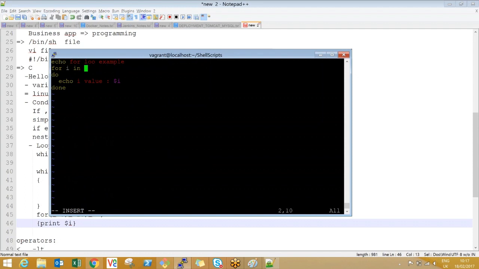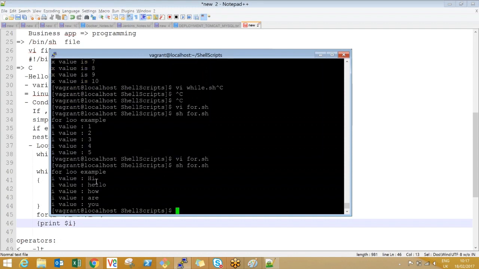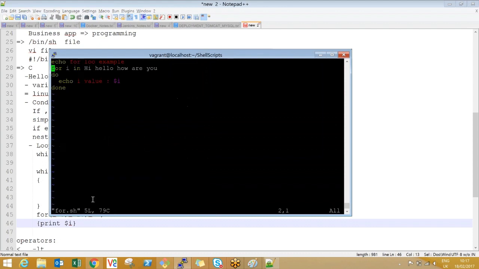See, I would say hi, hello, how are you, guys? Total how many strings are there here? 1 2 3 4 5. So it iterates 5 times. Every time the I value is the value of the string. Did you see this? Hi, hello, how are you? The for works like this. This data can be anything.